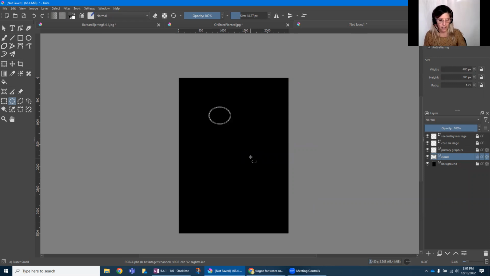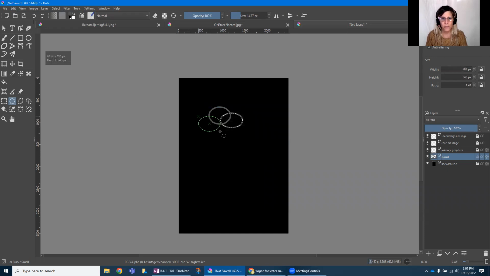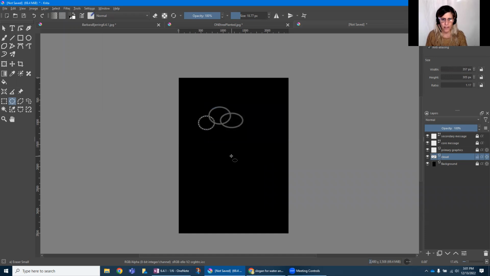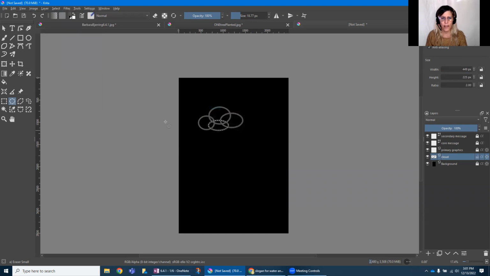Okay, I like 30. So now I'm going to make another one and I'm going to stroke it with the same thing. And now I'm going to make another one. So this is kind of just a preliminary idea of how I made the clouds, right? So I'll just do one more right here. Edit, stroke the selection. Okay, so now I have kind of like a cloud, right, with all these circles, but